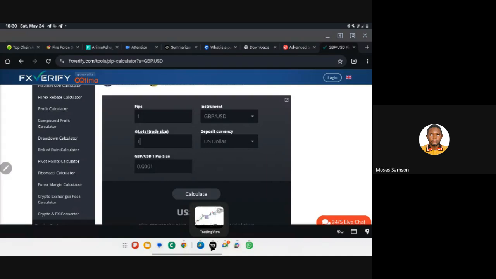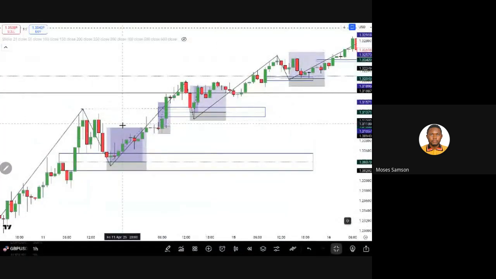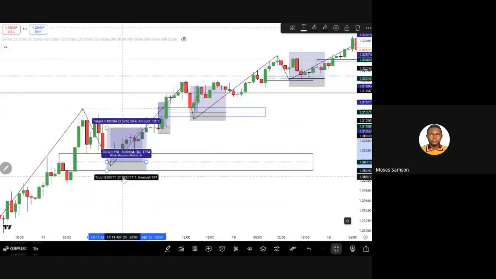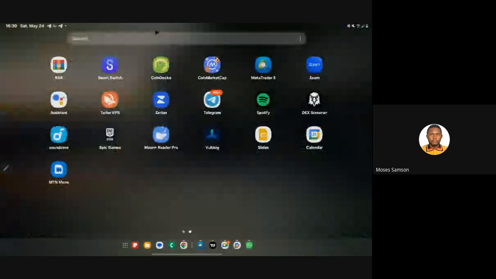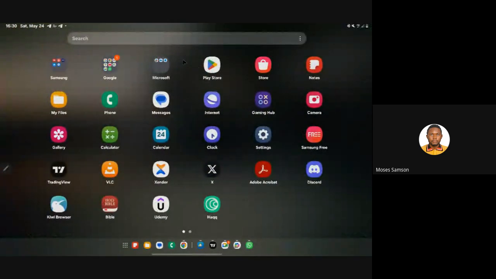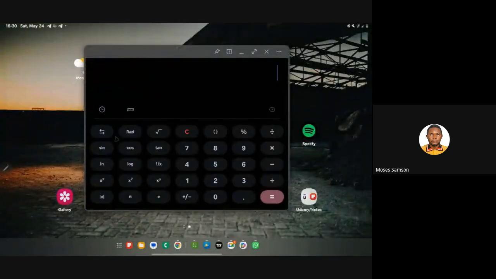So if you were to use one lot size over here, you have 17.1 pips, and that represents your stop loss. One pip equals $10 if you're using a lot size of one, and one represents $100,000. So now if we calculate that with our calculator,